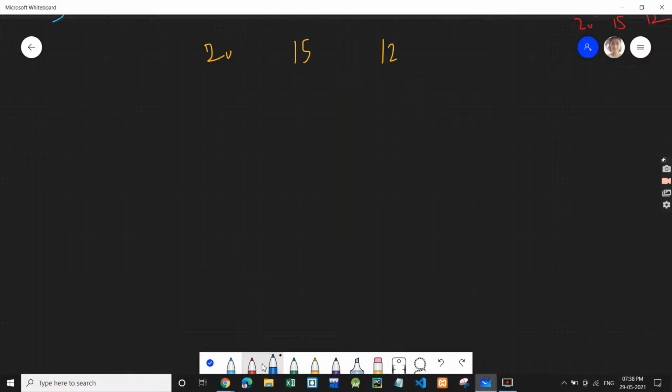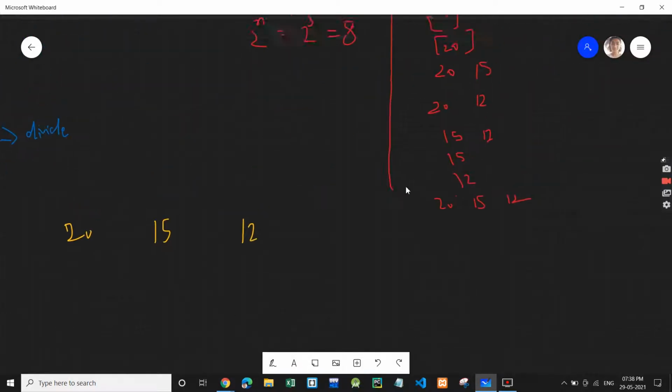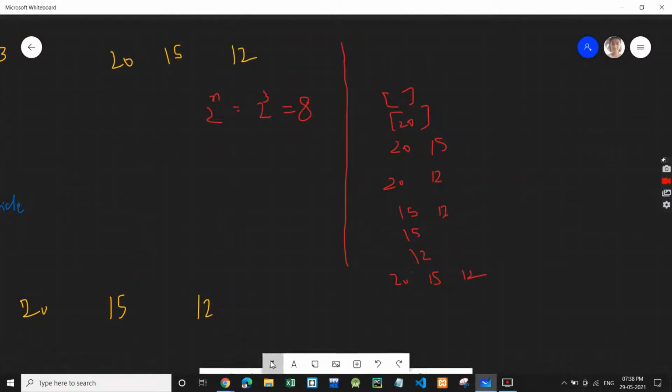Now let's see some observations. Let's look at the output. You will see that in some subsets we have 20: we have 20 in this, in this, in this, this and this. But we do not have 20 in these.